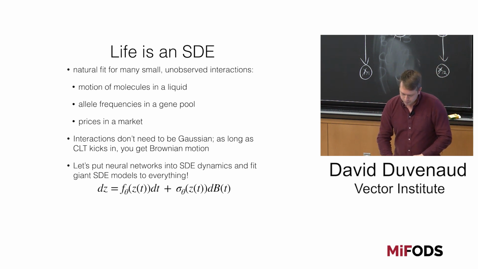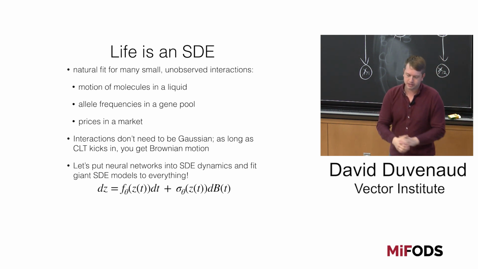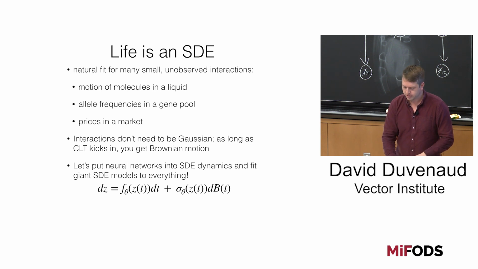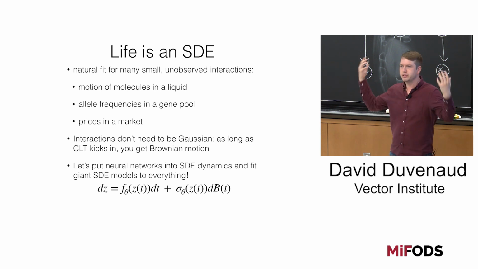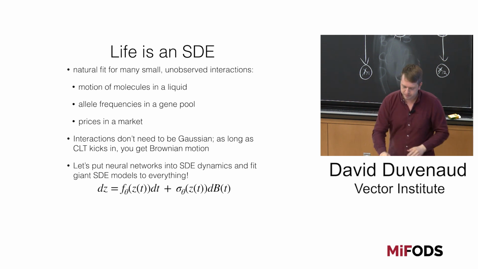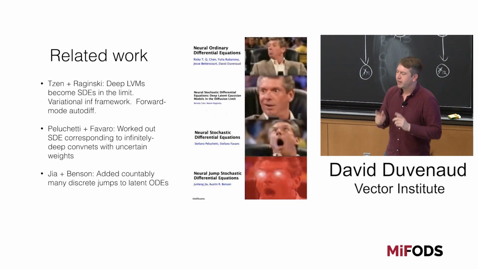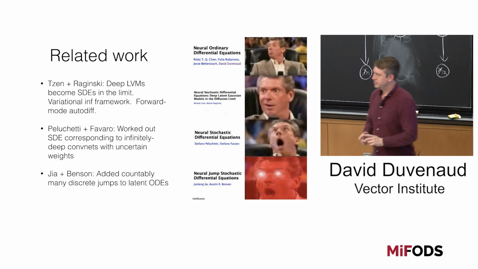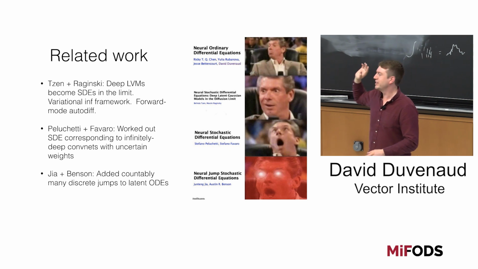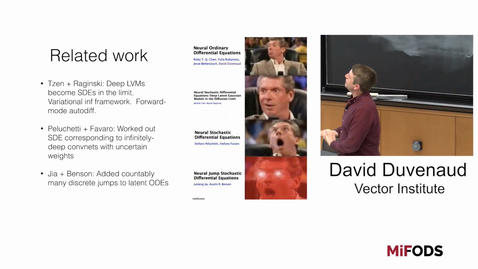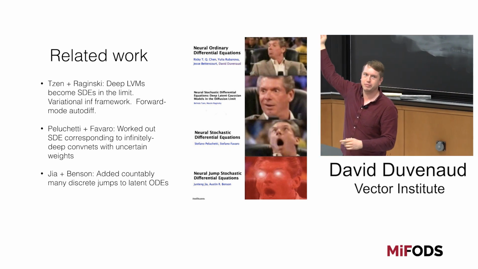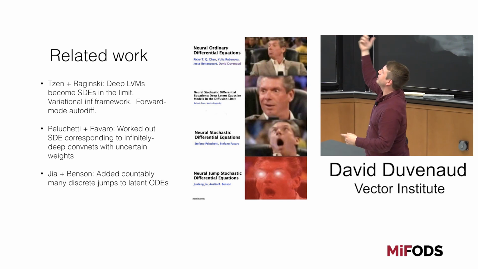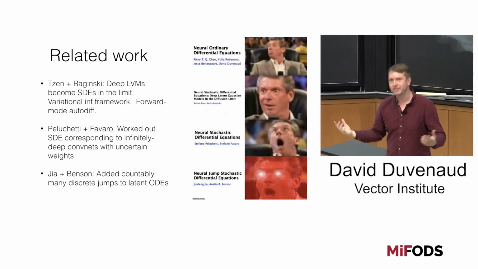Okay. So the point of this talk is saying, let's put some neural networks into these functions here and learn them to model all sorts of time series that have all sorts of funny randomness and irregular time samples and everything. Okay. So I also want to say, I'm not the first person to start thinking about this. And I realize this is a cheesy meme. This is something that someone else made, and I couldn't resist putting it in the talk.